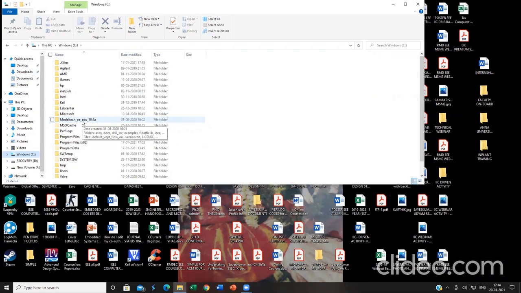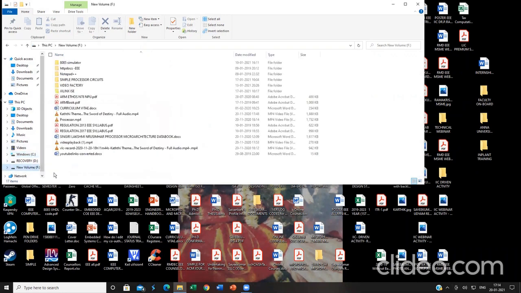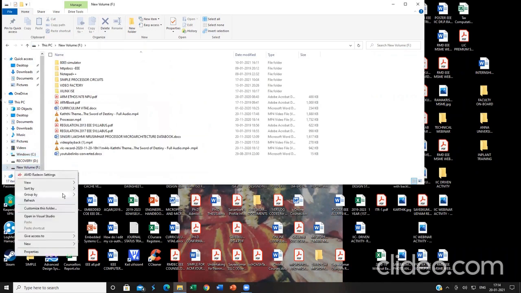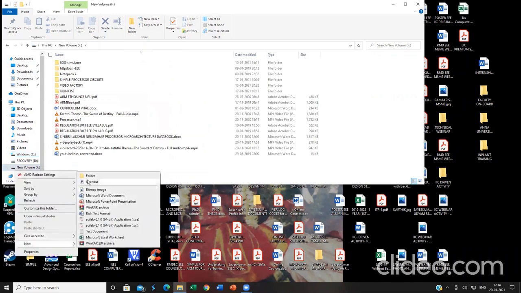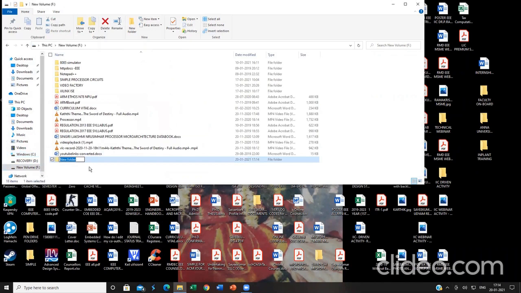There is no hard and fast rule over here. Since I do not want to overload my C drive, let me create a specific folder in F drive. I'm creating a folder entirely for ModelSim software execution, and I'm naming it ModelSim for easy remembrance.